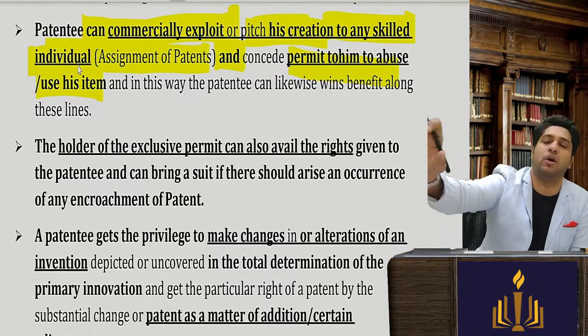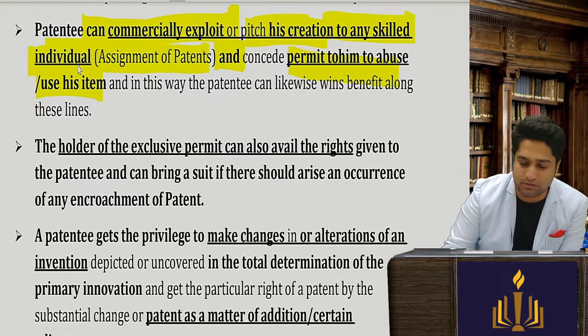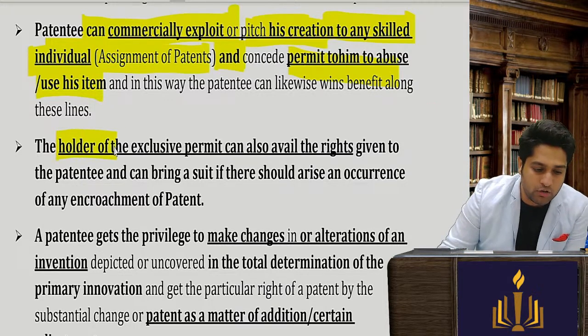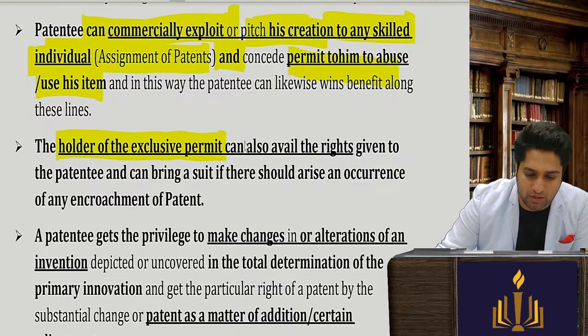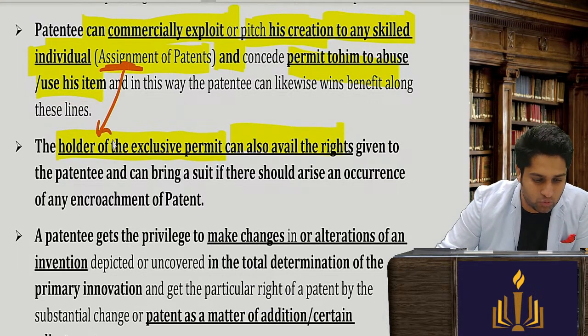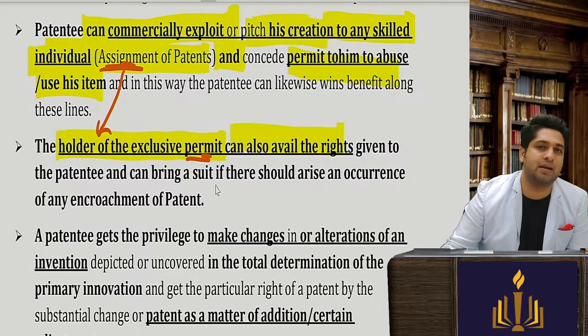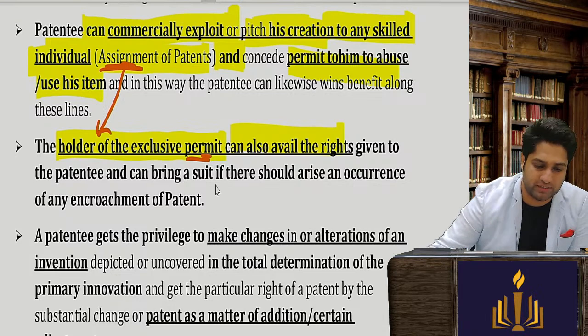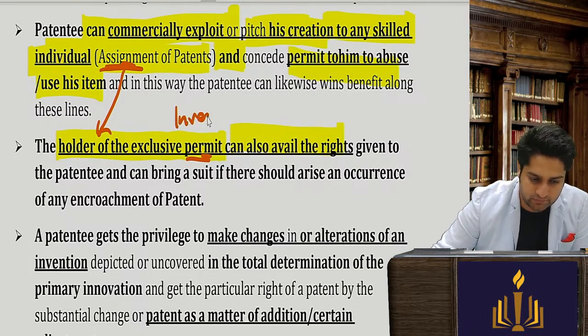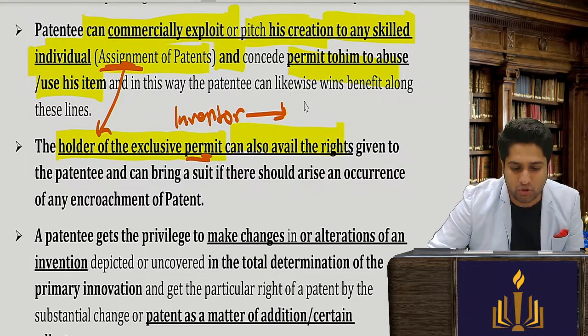Mean, you do what you want, take it, just give me so much money. So the creator can also get this benefit. The holder of exclusive permit can also avail the rights. Now again, to whom you have assigned it, the holder of rights, can also avail the benefits if a third party is using. For example, if the inventor has sold off his rights or assigned his rights to another person,